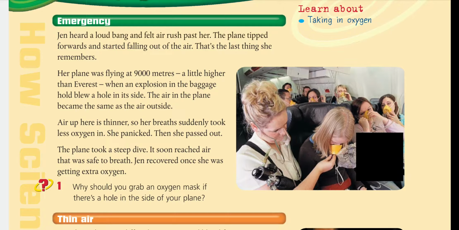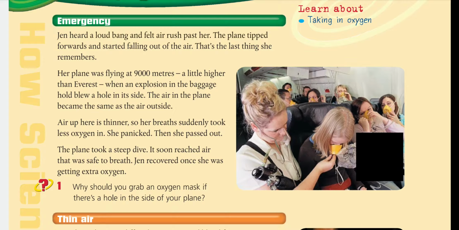So putting on a mask is a major and high-demand step for people to take during an emergency inside airplanes. And you also have to know that the captain of the plane has to move down from the high altitude, a little bit, until he reaches the area where enough oxygen is available for the passengers inside his plane. That's why he can keep this.